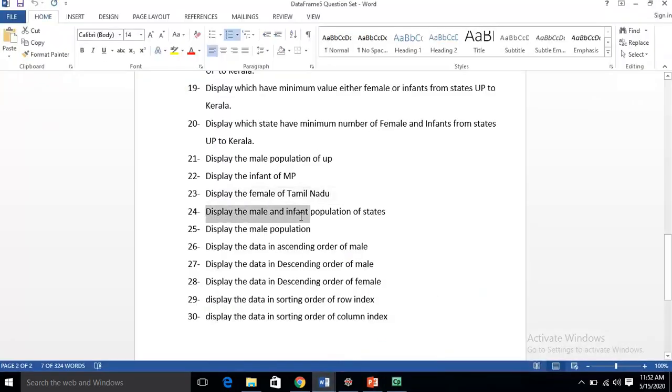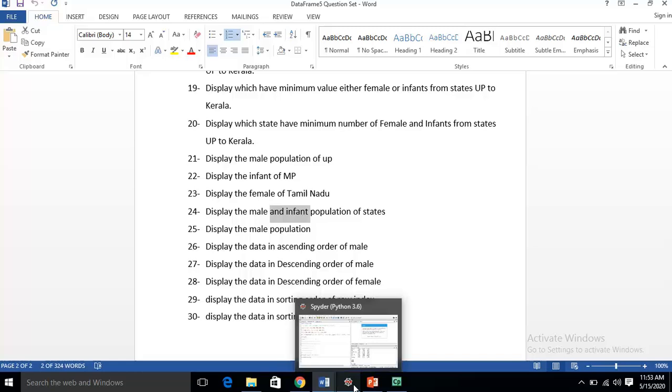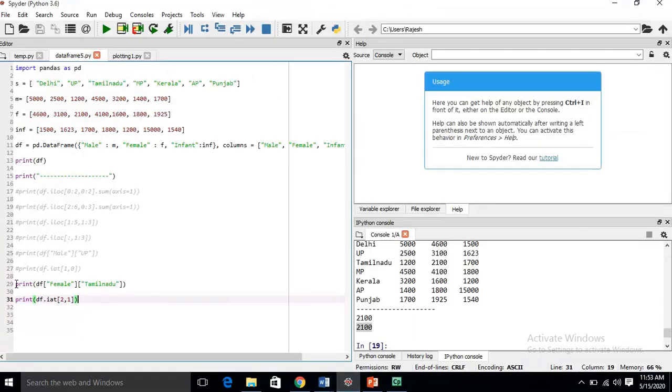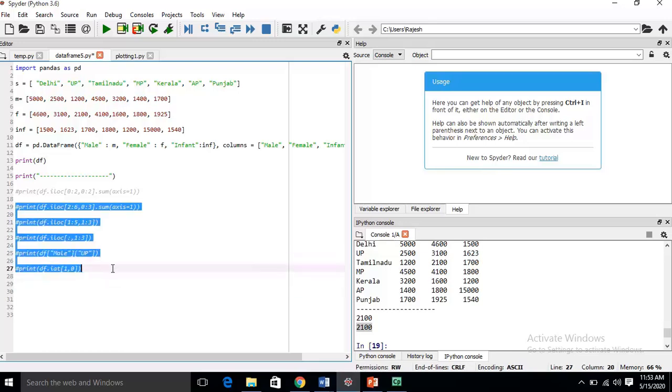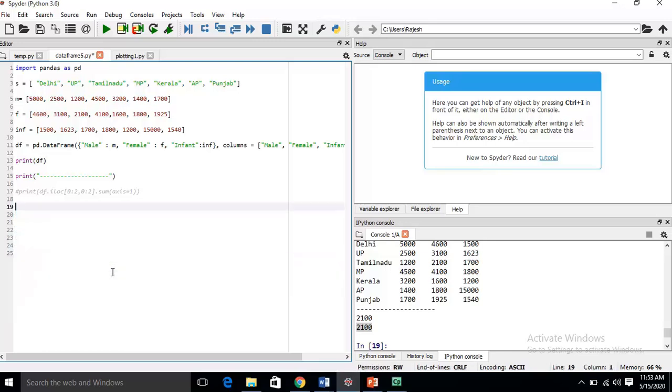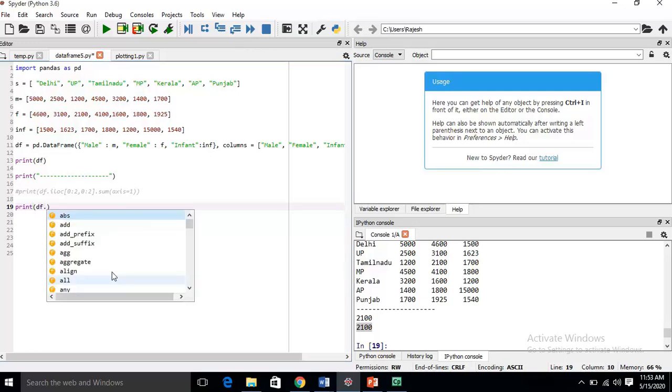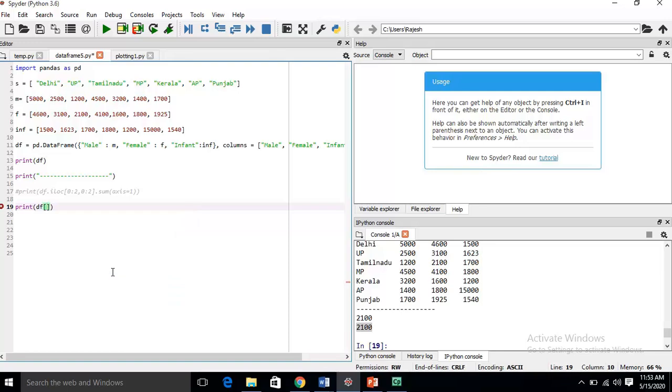Display the male and infant population of states. Here we have to display the male and infant population of states. Let me write the code for this. Print df dot, we will use the column names.